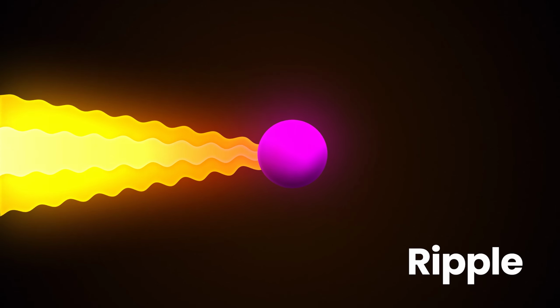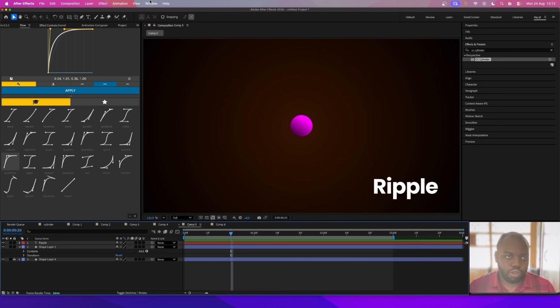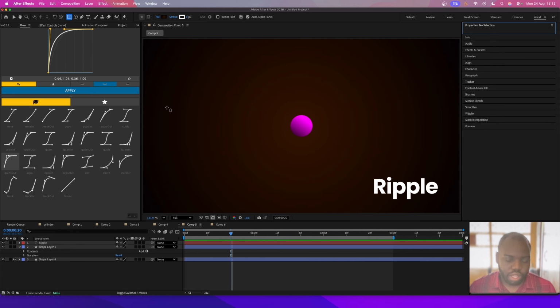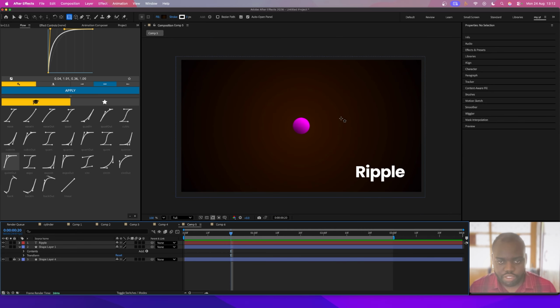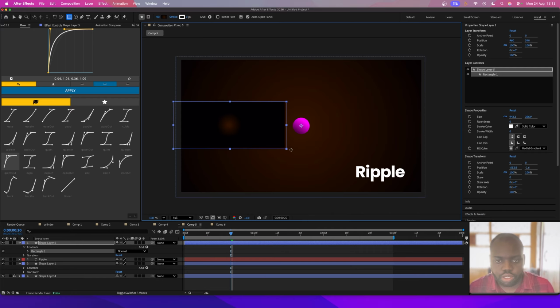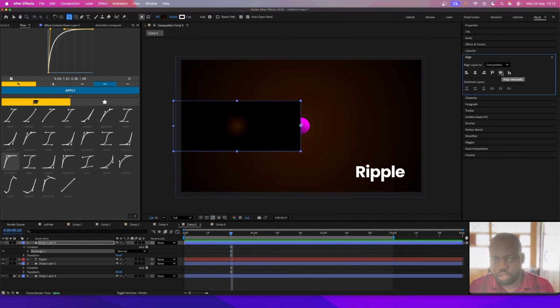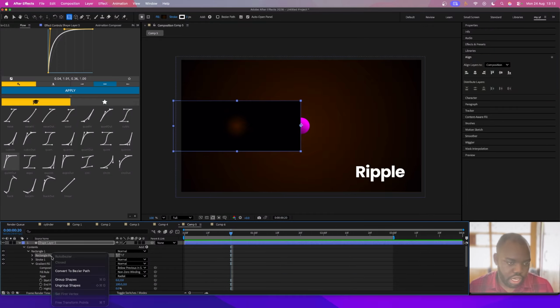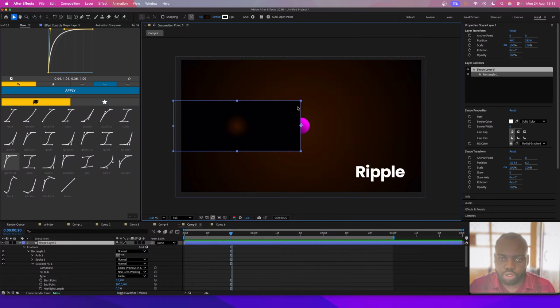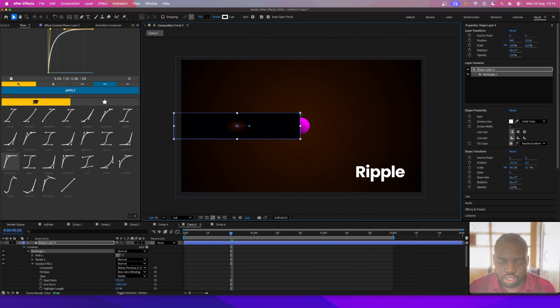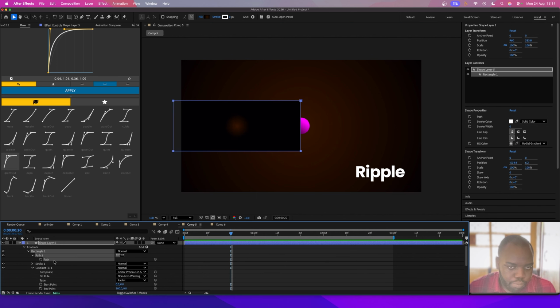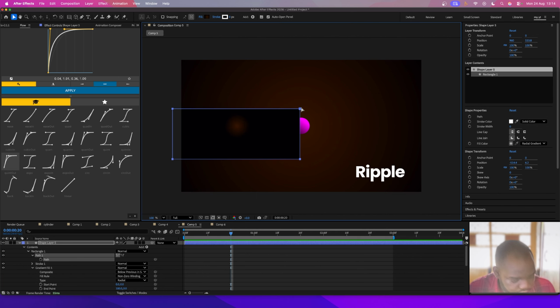I'm going to be working on ripple effects. First of all, I'm going to get my rectangle layer here and let's zoom out a bit. I have a circle and I'm going to go to my rectangle tool here. I'm just going to draw a simple rectangle like this. Now I'm going to my align tab and I want to align that to the center of my composition like this. I'm going to open up my rectangle, go to rectangle path here and convert it to a Bezier path. Now I'm going to go back here and select the angles here, and let's open up our path here. I want to move that down